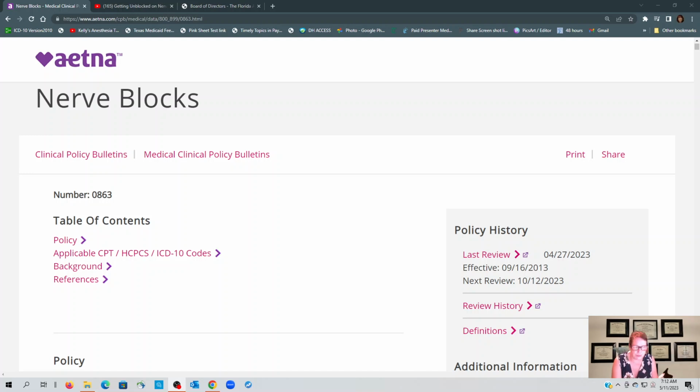Well, if not, I'm doing another one now just to update that update, because as we all know, everything changes in the world of anesthesia. But it's okay with me. It keeps me on my toes. So I want to share this Aetna CPB on nerve blocks, but I want to go just a little bit beyond the iPACK on this, because they did last review it on April the 27th,